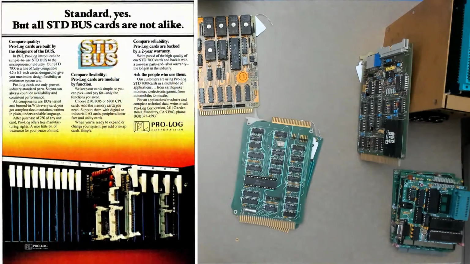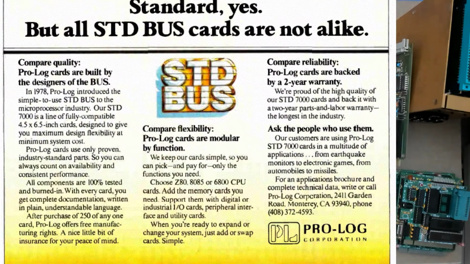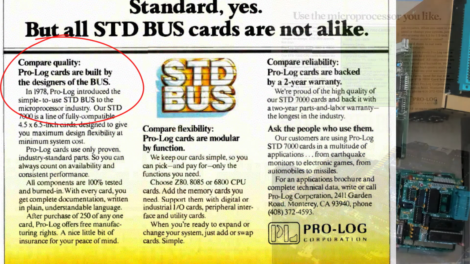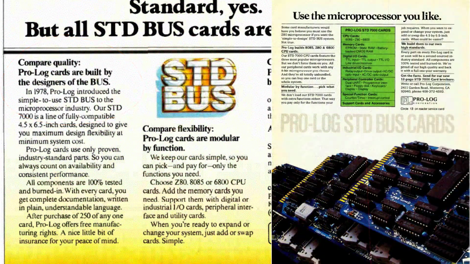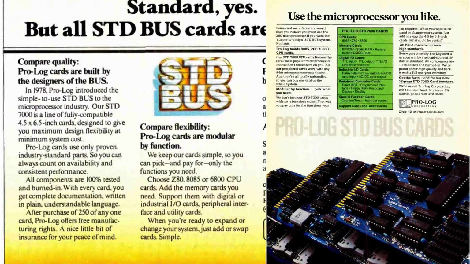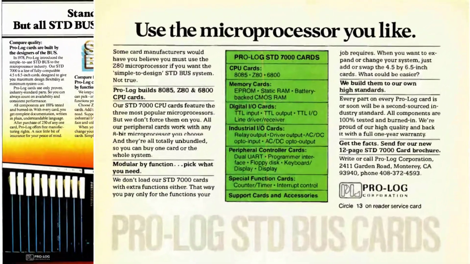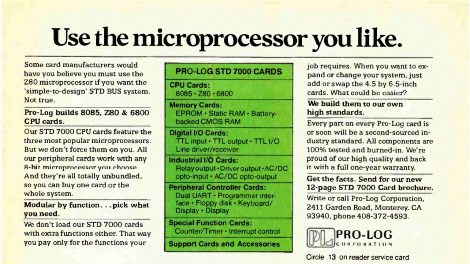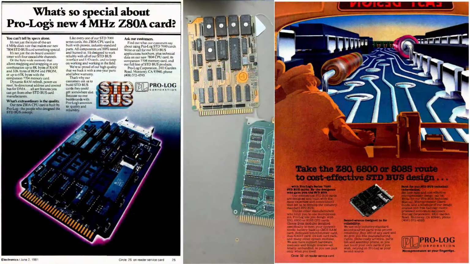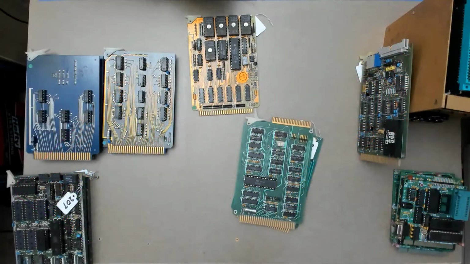Pretty soon, say by 1980, Prolog print ads were implying that they alone created the STD BUS, so their engineering designs should be trusted more than other manufacturers. And they emphasized that they didn't limit the customer's microprocessor choices, which was obviously a jab at Mostek. Or even more brutally, ads targeting Mostek like, do not limit your choice to a company that's pushing their own silicon. So back to Mostek by '81 or so.